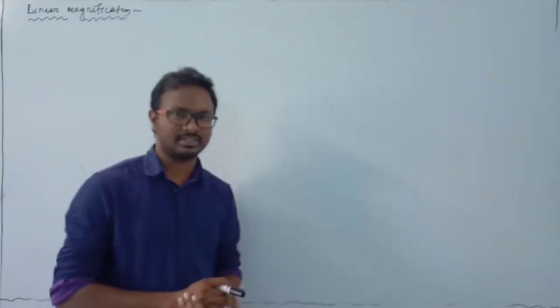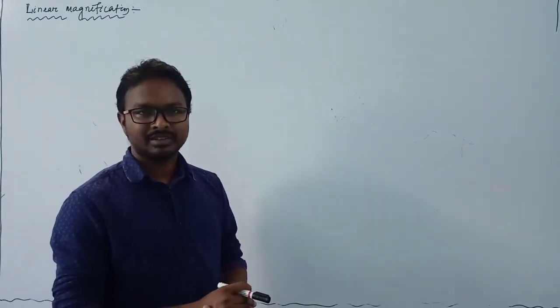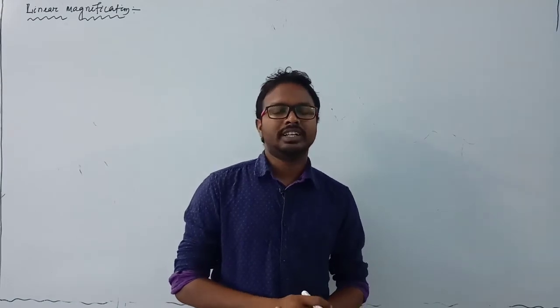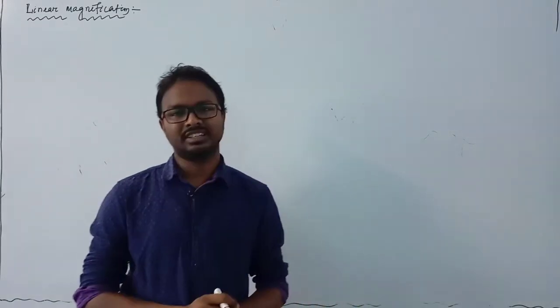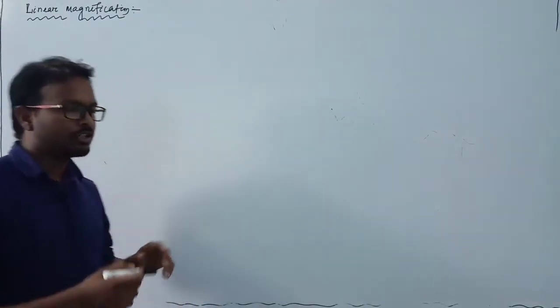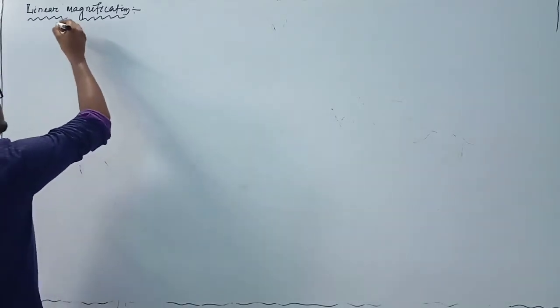What is magnification? It is known as linear magnification or transverse magnification. If you want to compare the size of an image with respect to the size of an object, then we have to use the formula or concept, that is magnification. So magnification is defined as the ratio